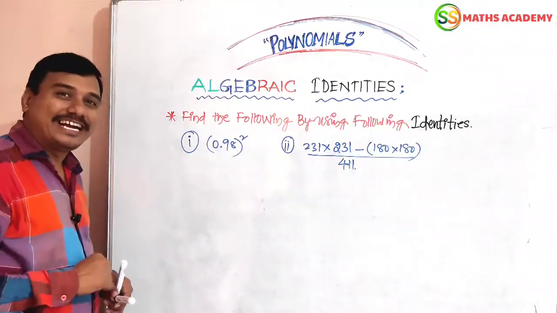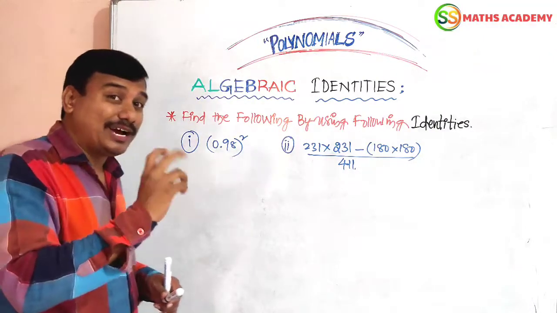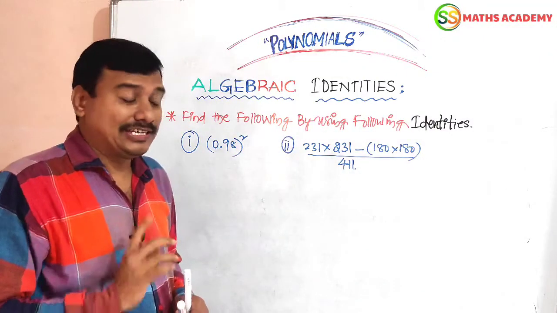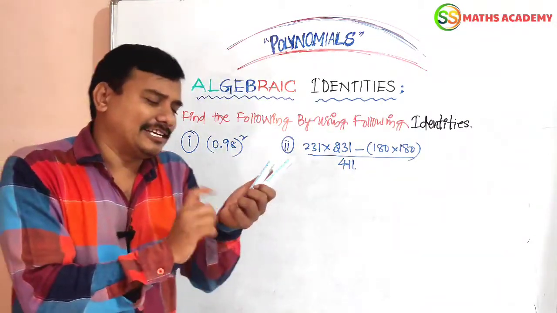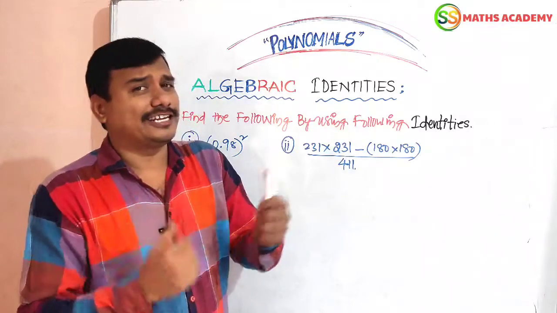Happily they are enjoying in competitions. Observe one more good idea. Before questions, we have to take from algebraic expressions. Now here are numerical values: 0.98 whole square. Take the calculator, 0.98 times 0.98, and we should get the answer.